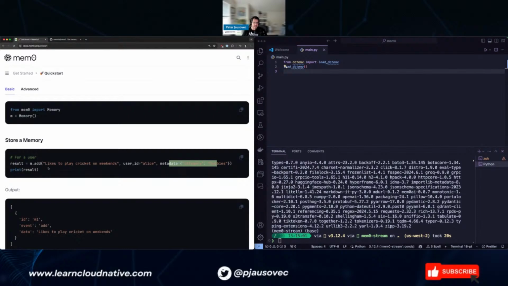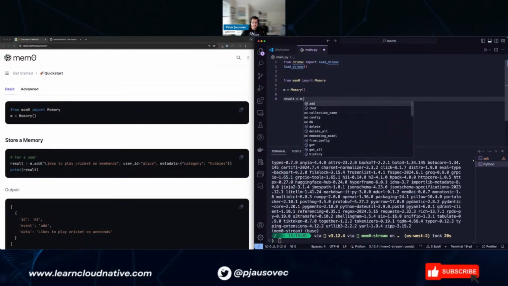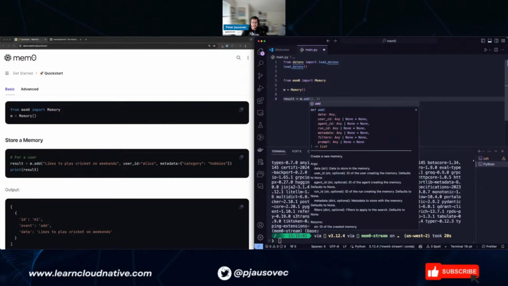This looks very similar to the way you would store data in a vector database. This would get encoded, and then the user ID and metadata would be stored as metadata. So let's do this: from mem0 import Memory, and then we'll create the memory object and add something to the memory.